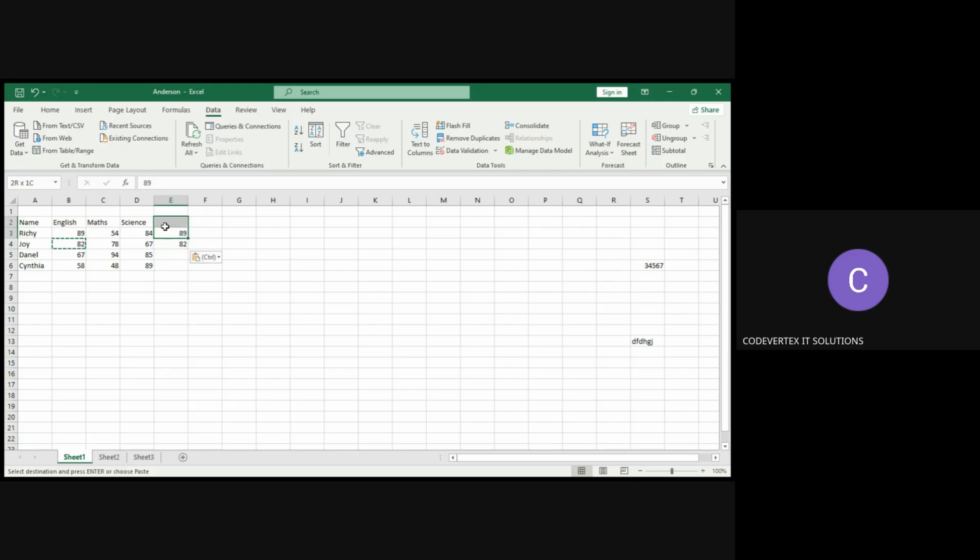So let me, acha nifanye hapa average ya marks ya kila mtu. So with average, let me clear that. Let me also clear this one. So with average,